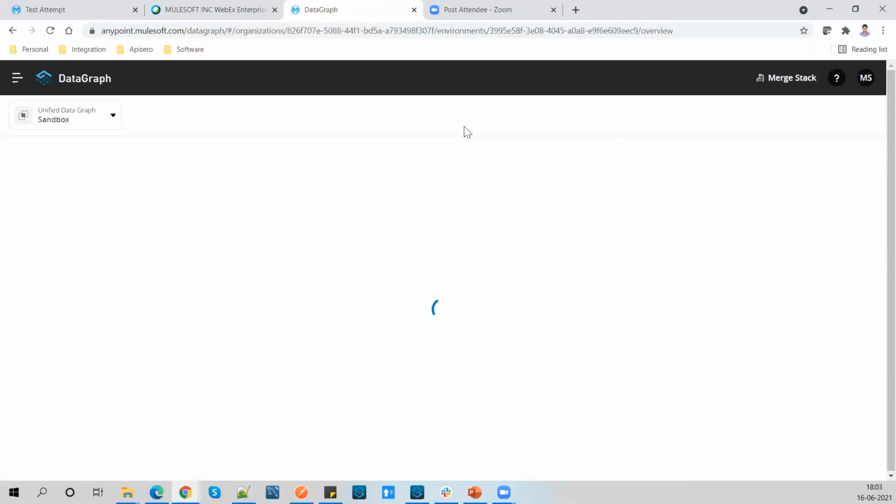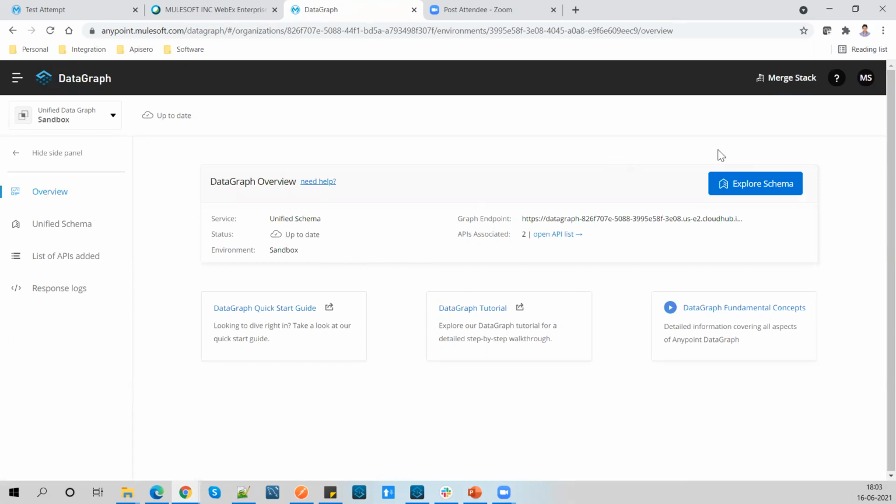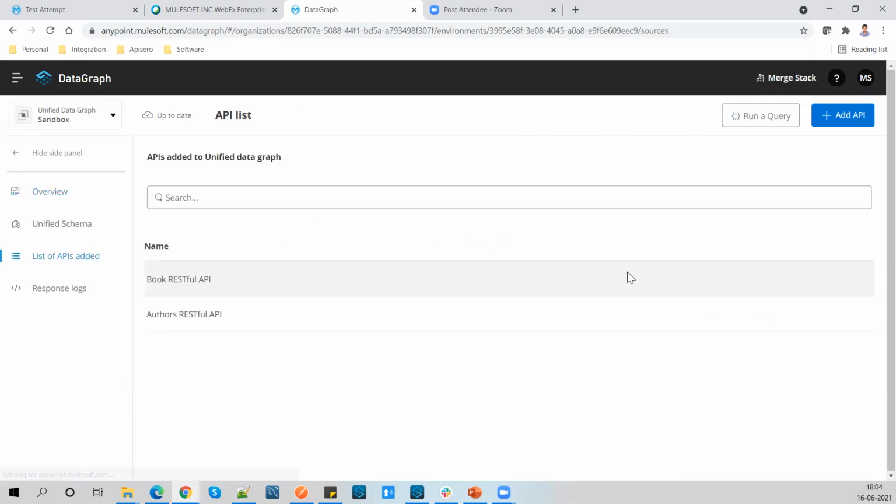Make sure you have created a new account, because only then you'll be able to see the data graph option; otherwise it won't be there in old accounts. Once you land on this page, just click on open API list. Here we have the books API and the authors REST API. If you want to run a query, you need to create an application. We have already created an application, and that's the reason we're getting the run a query option here.